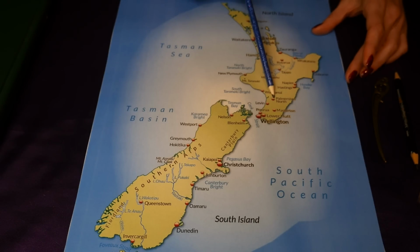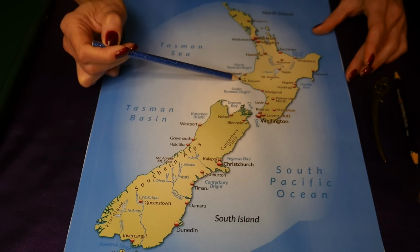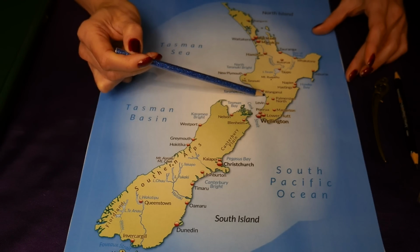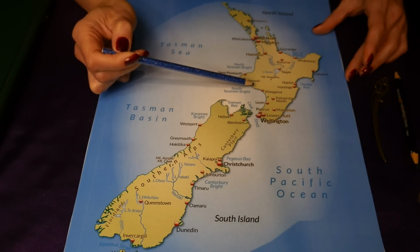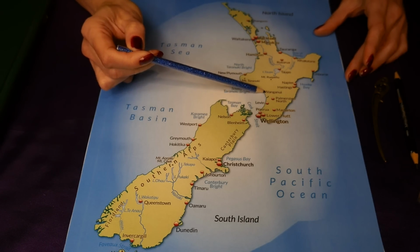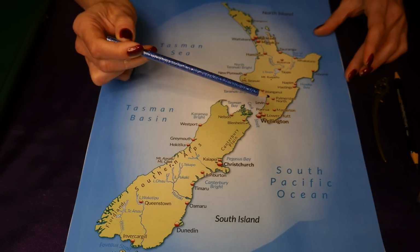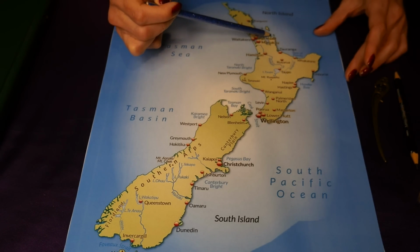From Palmerston North, there is quite a way here to the coast, you see. It's about 40 kilometers, so it's not too far, but it is a beautiful beach. And here in this area and all around here, the beaches have black sand. And black sand is not just black, but it has this very gorgeous golden glow. So beaches from this side are black, and going further to here, gray, and beaches on this side and here